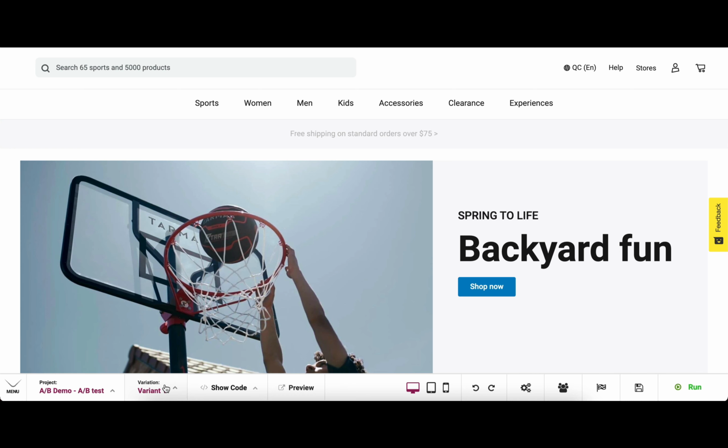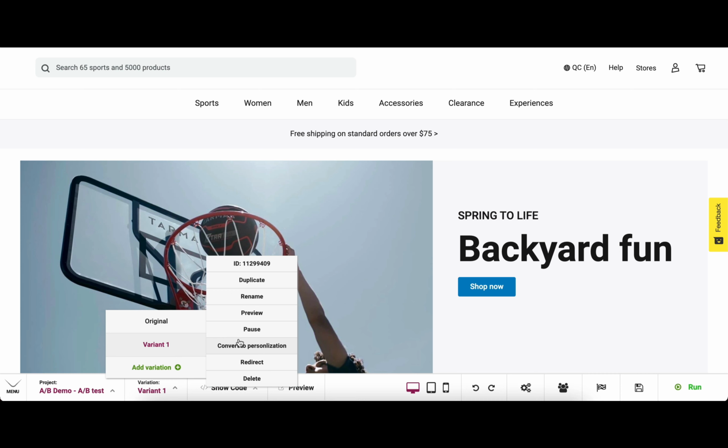Next, we have our variation viewer. Here you can look at the original and the variant. A very cool feature here is the ability to convert to a personalization. What this means is if you run a test and it goes very well, and you want to keep that live on your website while it's being coded, you can just convert it to a personalization. And you don't have any of that downtime of development